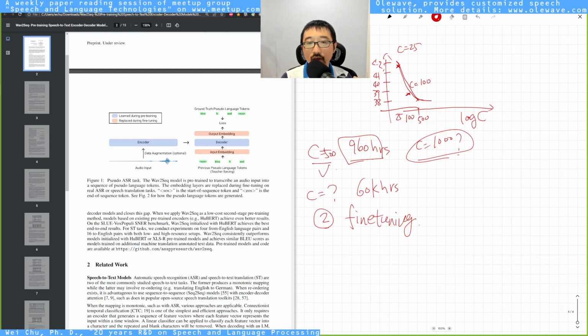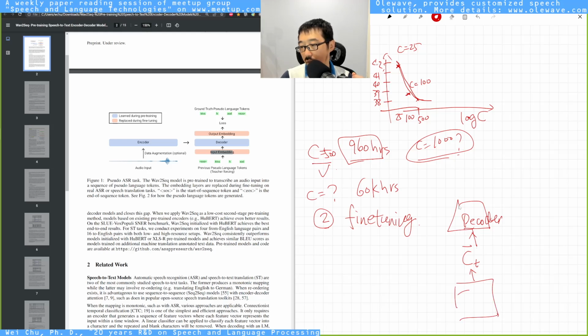Maybe I didn't read their paper carefully, but I think the concept is that the decoder's output embedding together with the input embedding will be leveraged to minimize the loss. Okay, so they have this extra input other than the output embedding to help the decoder to be better fine-tuned. Okay. So originally, when you try to fine-tune the decoder, the input is only the contextual vector from the encoder, right? But I think now